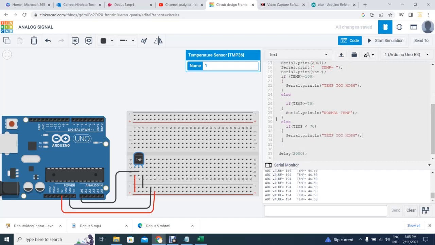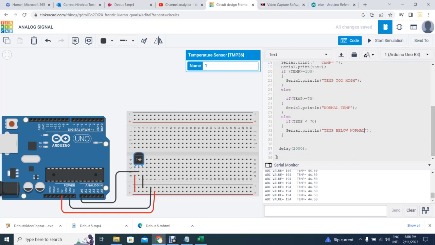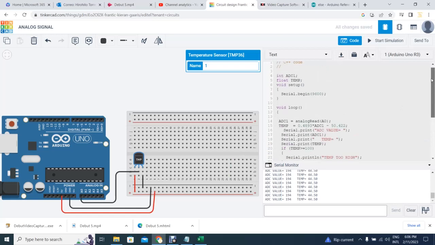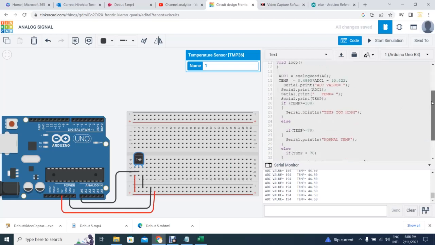temperature temp below, oops, let's put this cap so it looks good, temp below normal. All right, so now with this, and the last one is to close the void loop. So again, going back here,